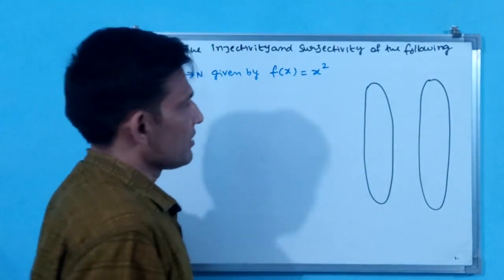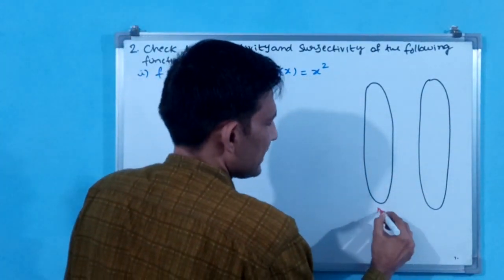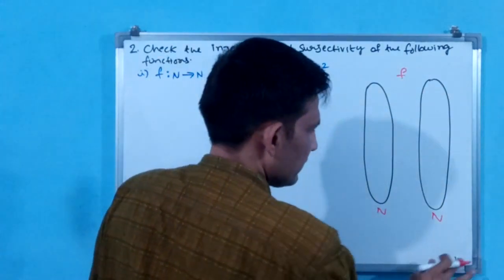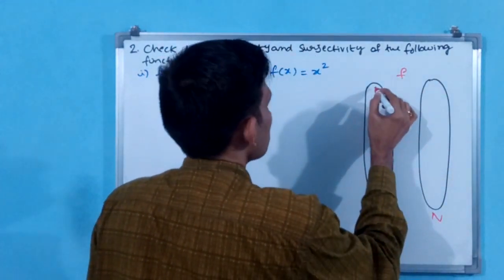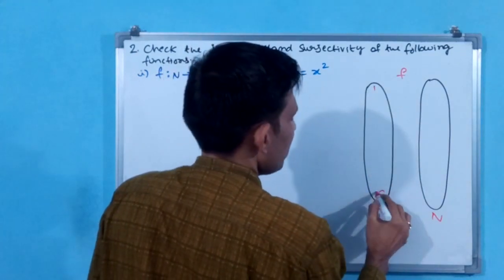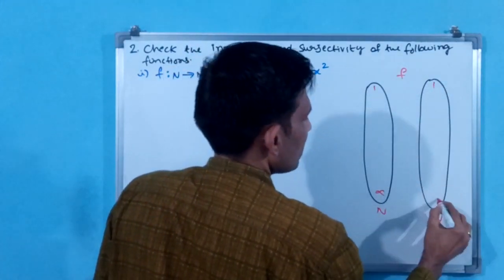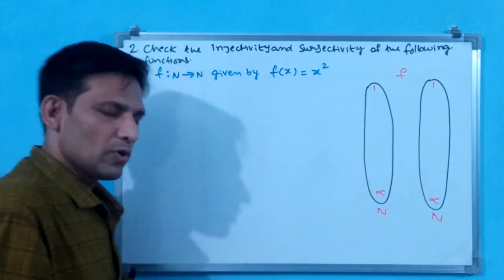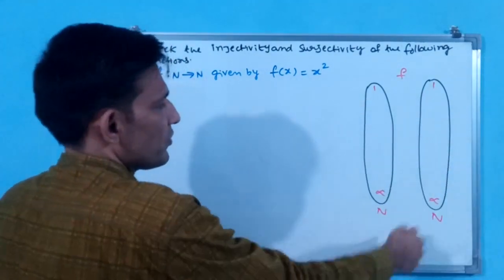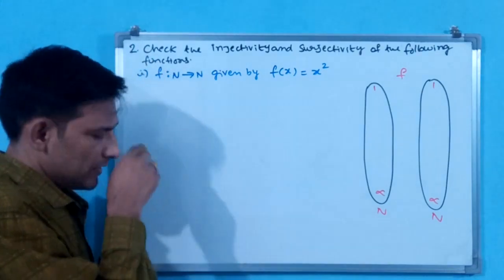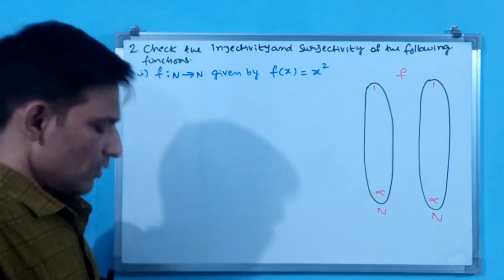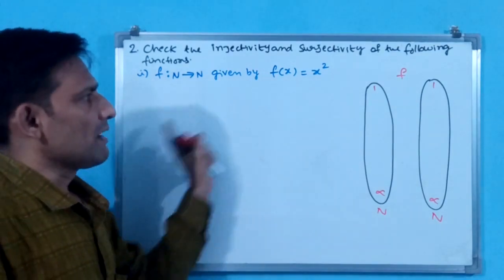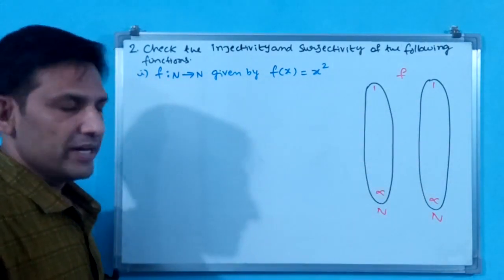See, this is the arrow diagram and both are having N, function f. Start from 1 to infinity. 2, 3, 4 are all there. 1 to infinity, 1 to infinity. Why? Because these are natural numbers. Now let us see the function also. The function we will see one by one. We will start making the relation.